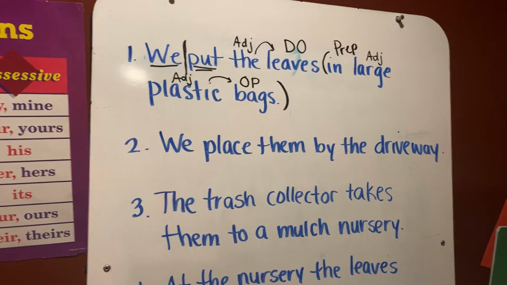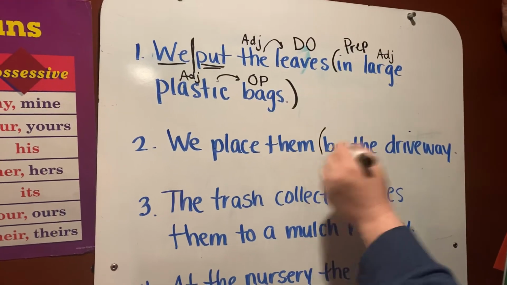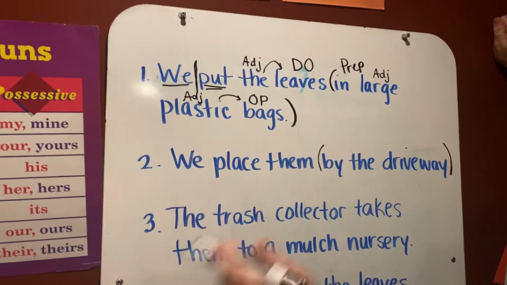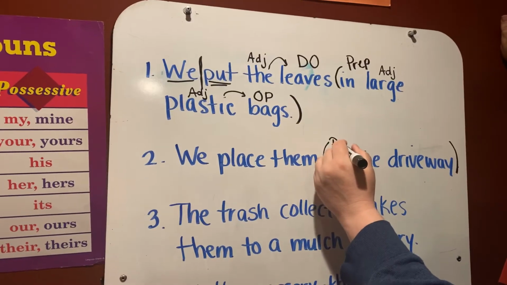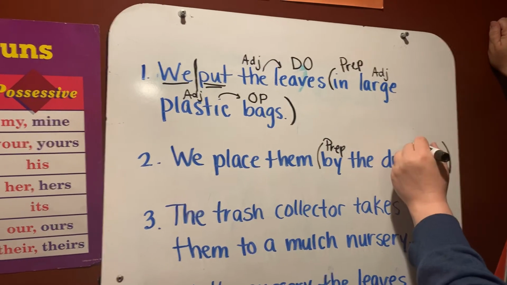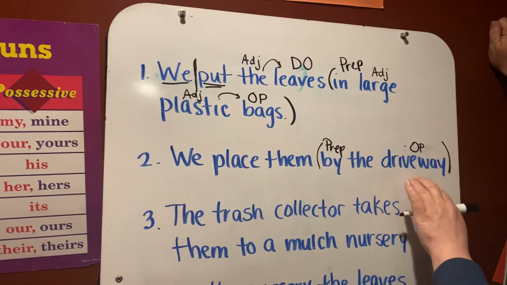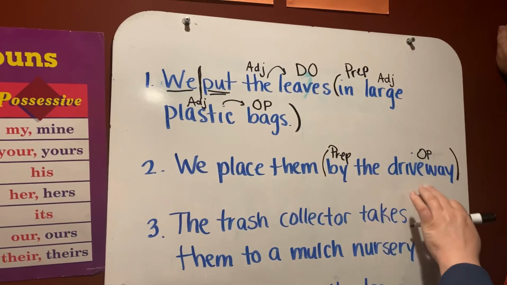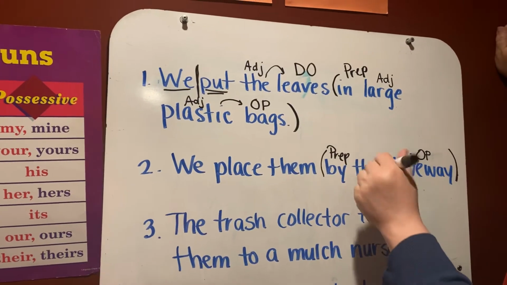Okay, that prepositional phrase is by the driveway. What is the preposition? It always is at the very front of our prepositional phrase: by. And the object of the preposition is always at the end of the prepositional phrase, and it always has to be a noun or pronoun. By the driveway, the is an adjective